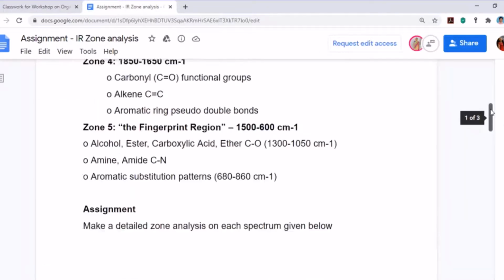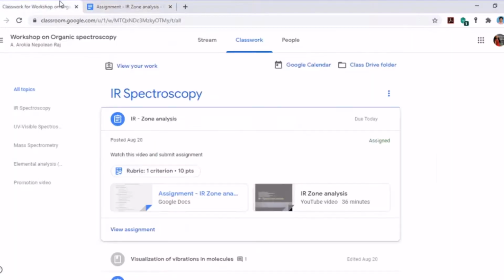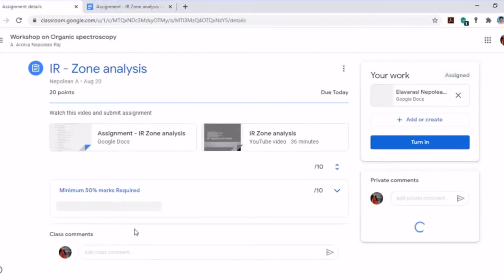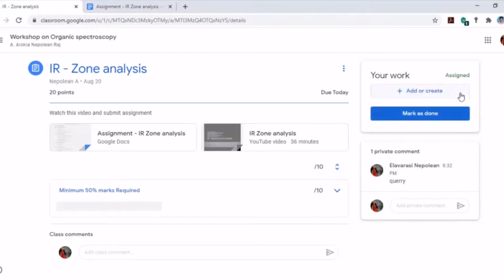You make an analysis of each of the spectra. Then go back in order to submit your assignment. You click view your assignment. You can see a page like this.